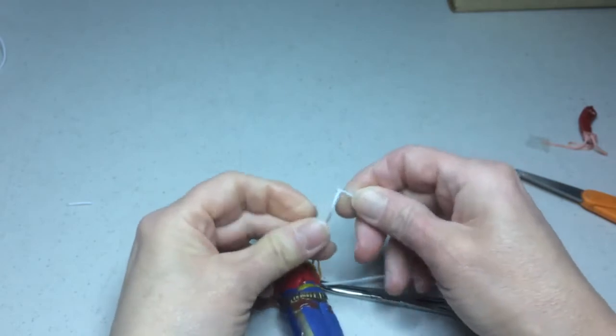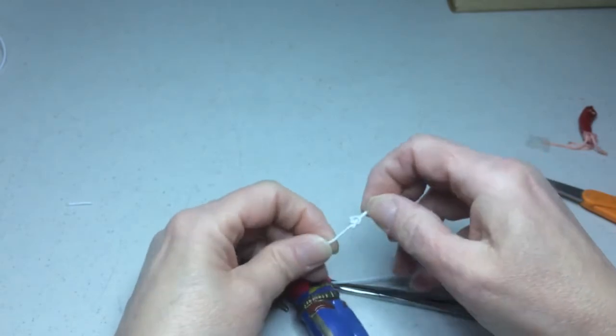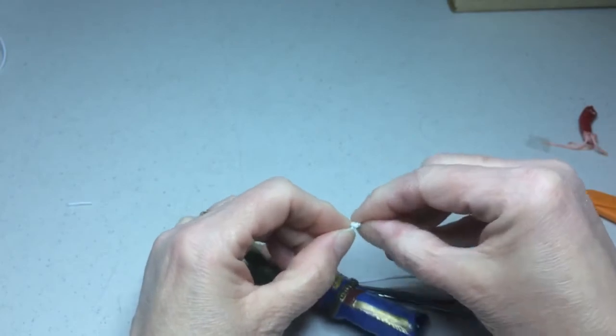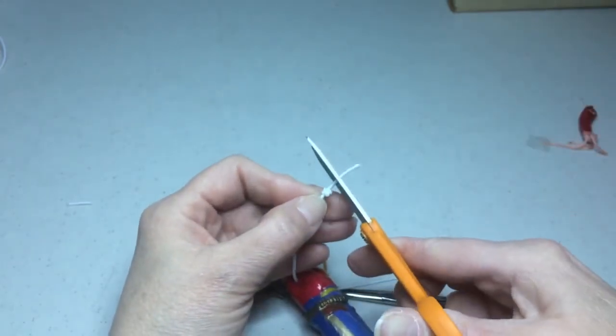Pull it tight. And this time I'm going to go over again and just make another overhand knot right in the same spot. Now, hopefully this isn't going to be too big, but we'll find out. Again, I'll trim the end,